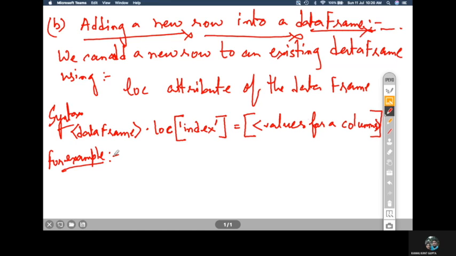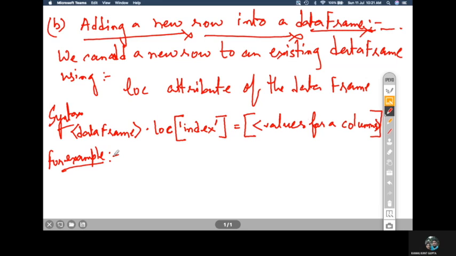Apart from that, I want to add one more new row, that means here a new exam, and that is UT3. I can use the loc attribute to insert a new index, because the name of the exam is the index itself.